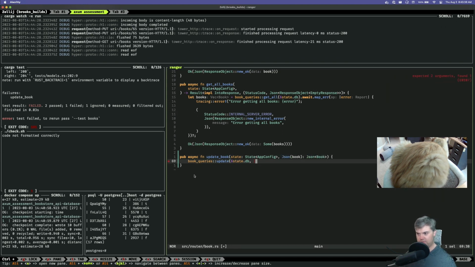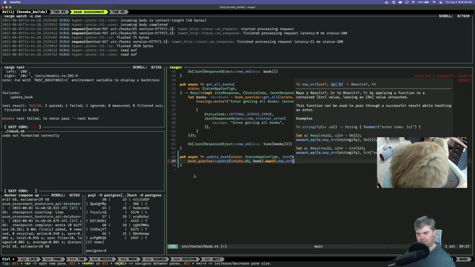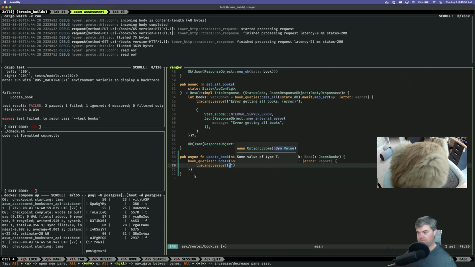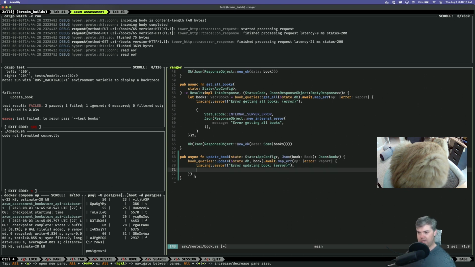JSON book. And the book. We'll await, and map error. Okay, error updating book. Error like that. And then I need to return out